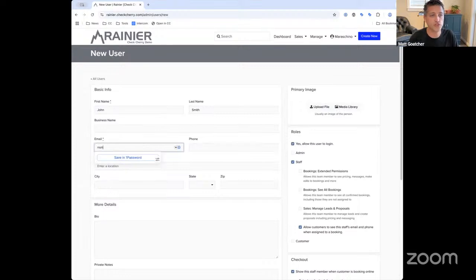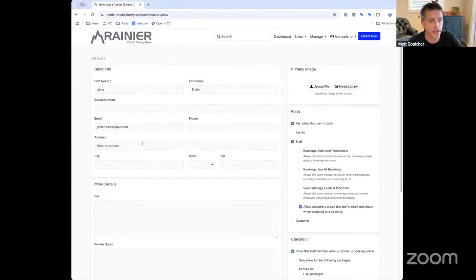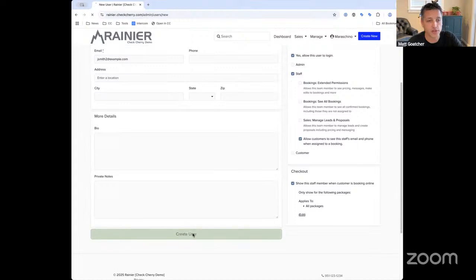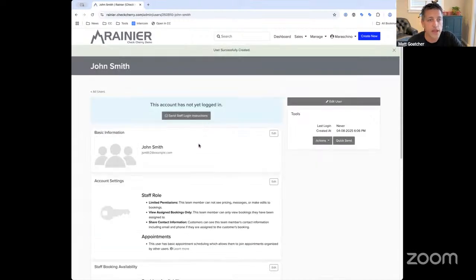Basically most of the fields are optional. The only one that is required is an email and some kind of a name. Everything else is optional, and we'll create that user. And once we do that, we can see the user hasn't yet logged in, but we can send them instructions to log in. So if I go ahead and click that, an email is going to get sent out to them with instructions